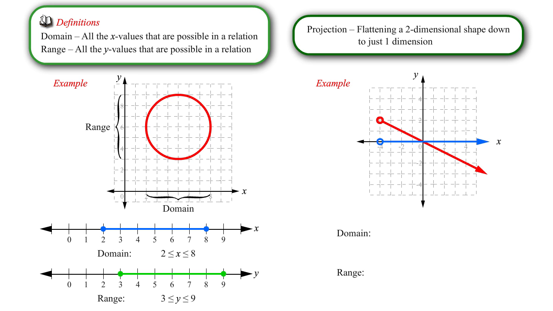The smallest x value was the open circle at -4, and it is still at -4 when we project. The same thing happens with y. The largest y value is the open circle at y equals 2, and it is still y equals 2 when we project. Now that we have the projections, it is easier to see that the domain is x greater than -4, and the range is y less than 2. If we wanted to, we could write a formal set notation for the domain and range like this.